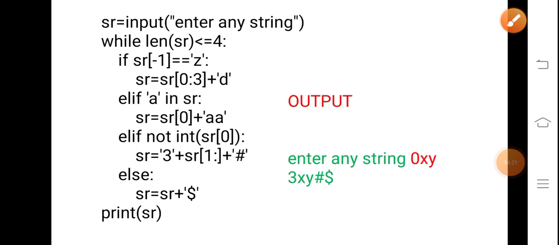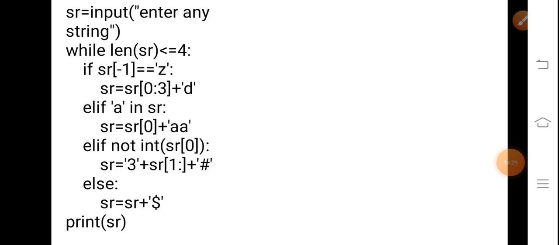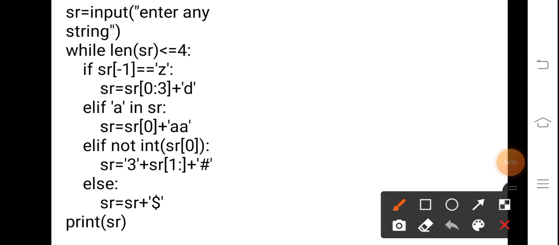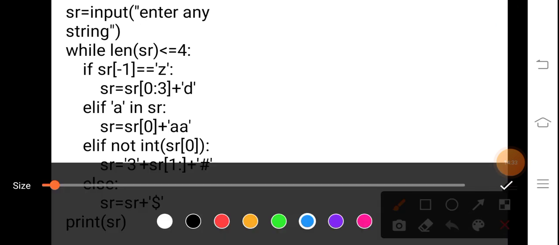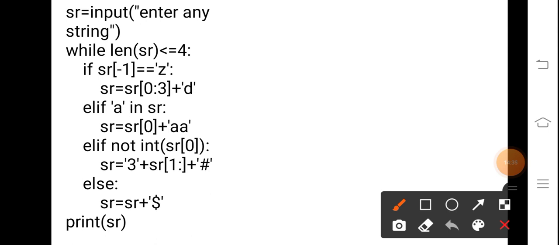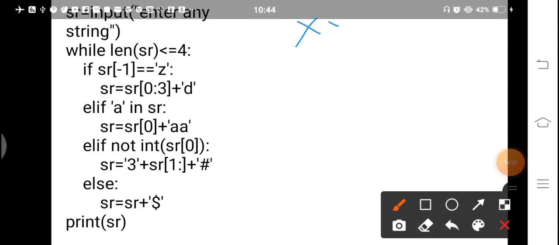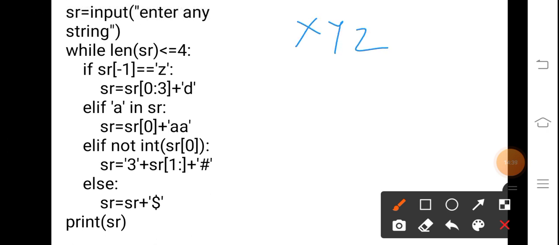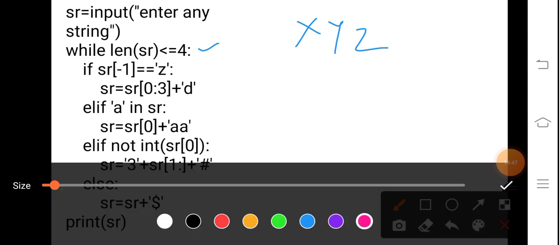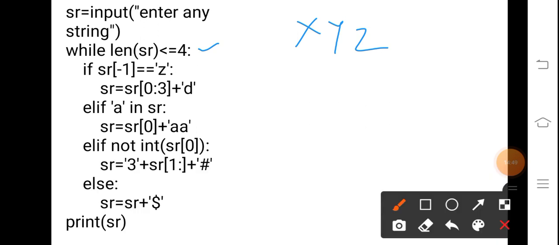See the output? Clear? Now the next case, suppose for the next data the input is given as x, y, z. If 3 values are given to you as the length of the string, again the condition is true here because the length is less than 4.